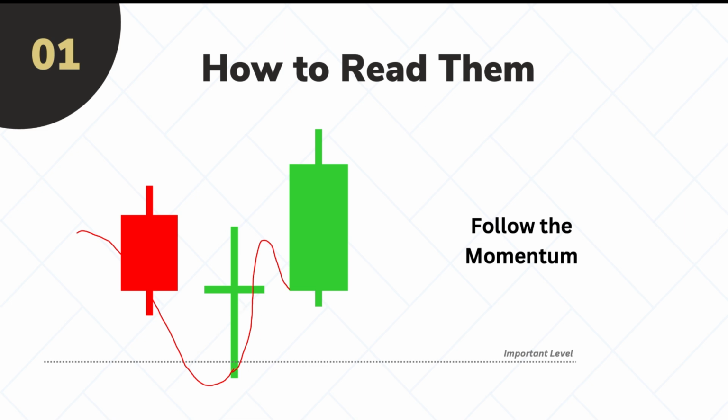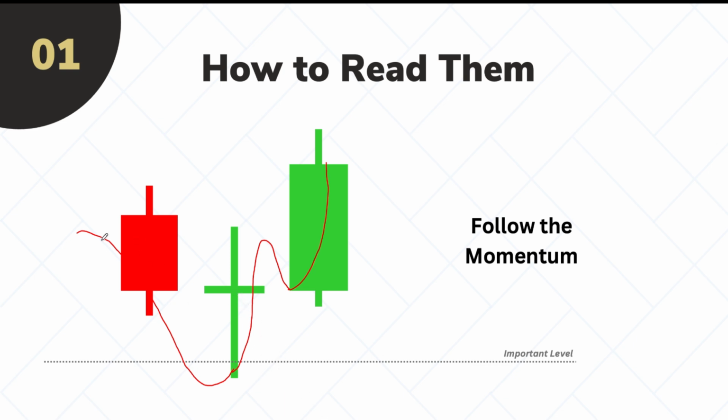we didn't go lower. We reached the important level, but there's no body here. There's a name for this. We're going over that in a second. But if you see this happening on an important level, you can expect the next candle to be green. You need to follow the momentum. If this red candle was followed by another big red candle at this important level, you can expect the trend